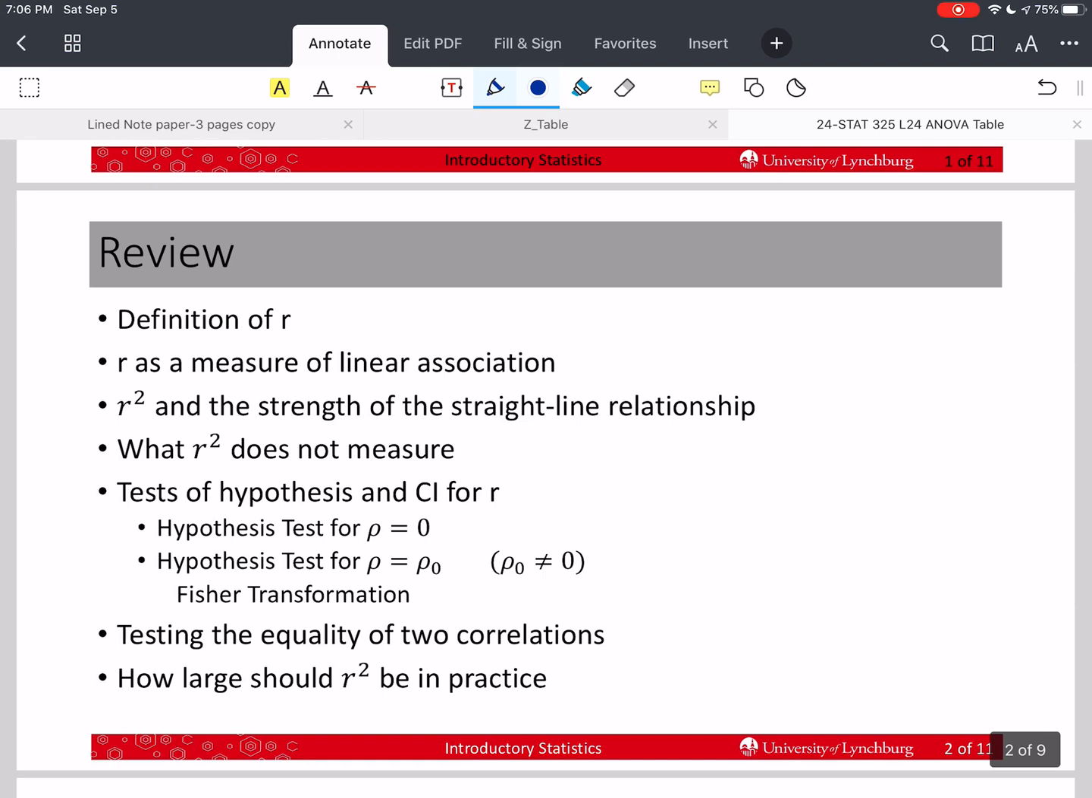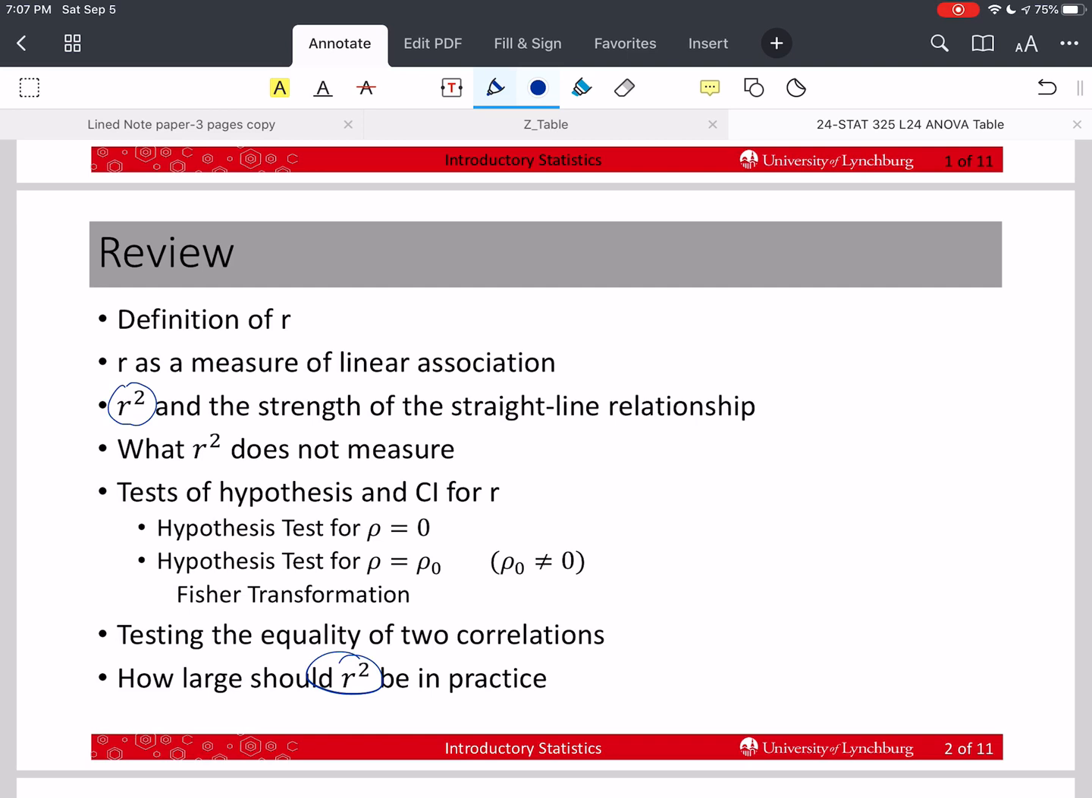So last time we talked about correlation and the relationship with the straight line regression. We defined a new quantity called the coefficient of determination, and it tells us what percentage of the total variation in y, our response, is accounted for by the regression line. We talked about how big it should be in practice. If we're going to use our equation for prediction, we should have an r squared of at least 0.5 or very close to that,